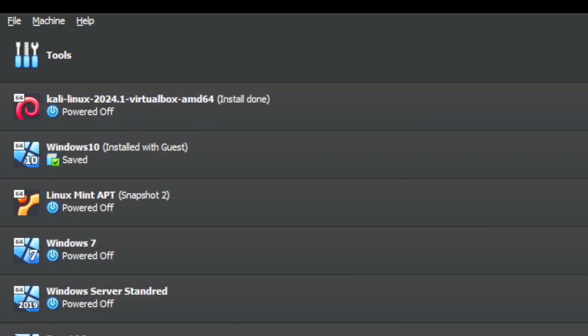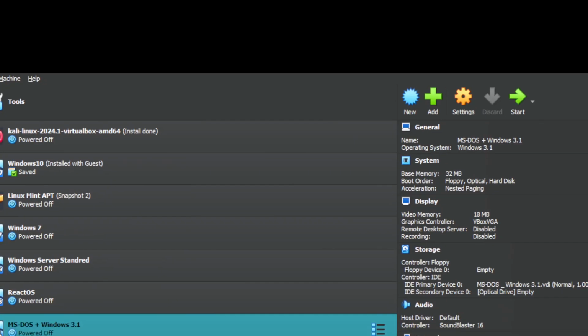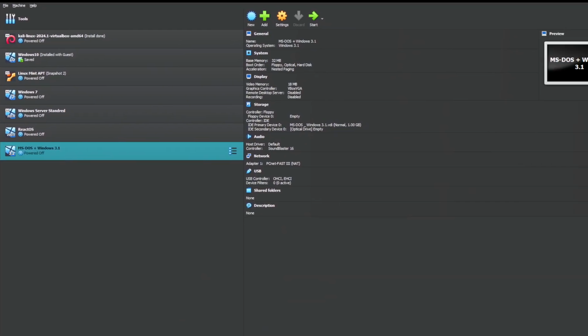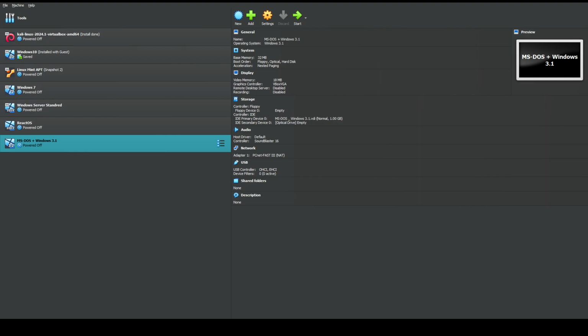Now, okay, you're looking at all my VMs. Okay, let me make it smaller. Okay, wait, you can't even read anything. Okay, well, click settings, because we can't boot it up if we don't have the